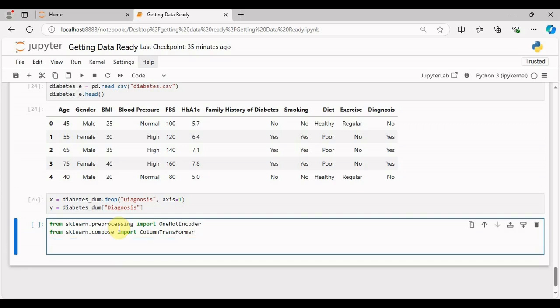And next we're gonna put all the categorical features in a variable. categorical_features, I'm gonna set that equal to all the columns that we want to change. So gender, blood pressure, family,